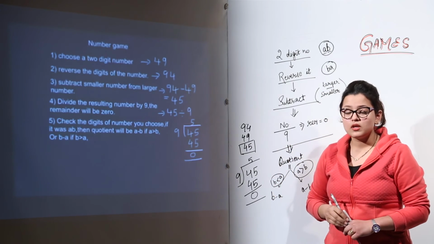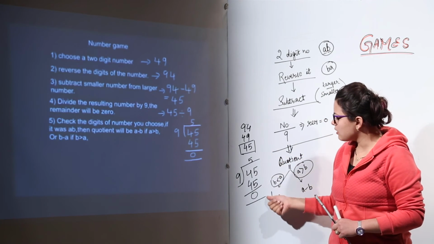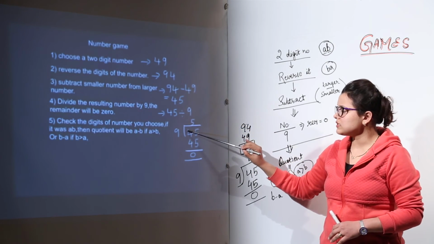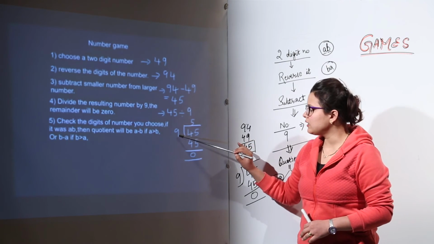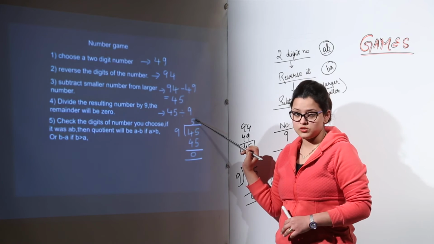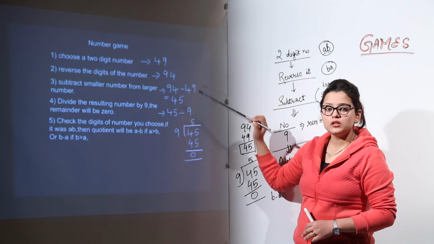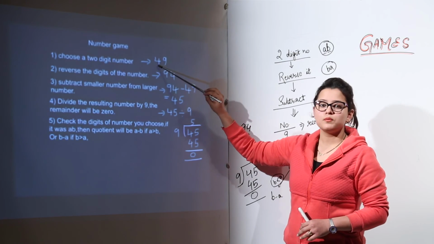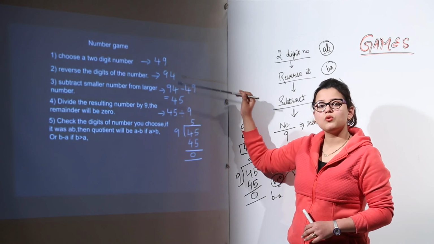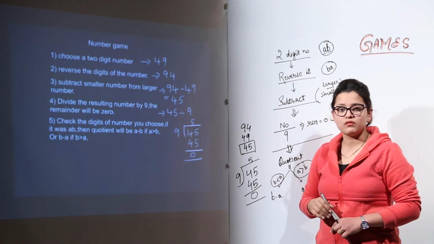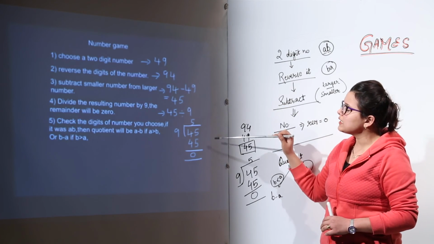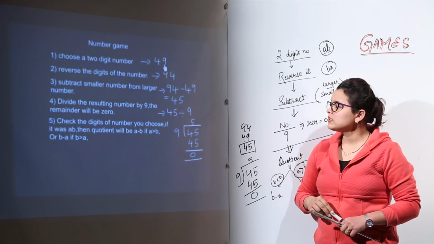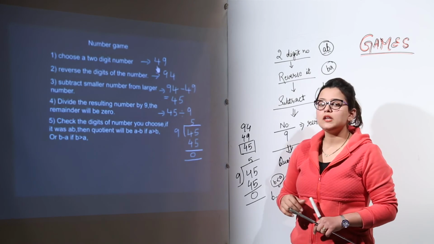It is 5. We can check what the quotient was when we did the division of the subtracted part with 9: we got 5 as the quotient. That means this is coming out true. We have checked it by doing this, and we have checked by subtracting them also. In both cases, we get the same quotient, that is 5. So because we have verified, we can say that this is going to be true for all the 2-digit number cases, right? So that is how you can play a number game using any 2-digit number.